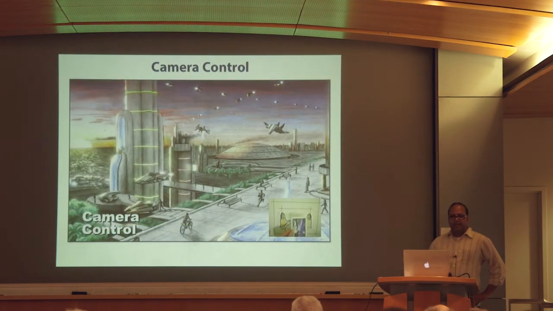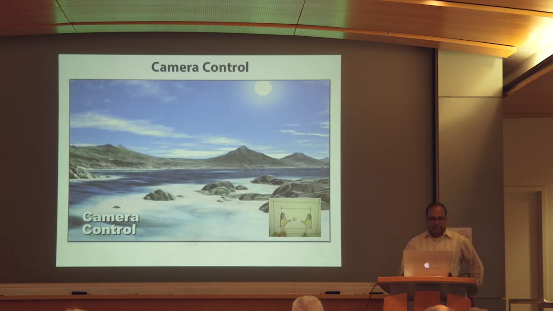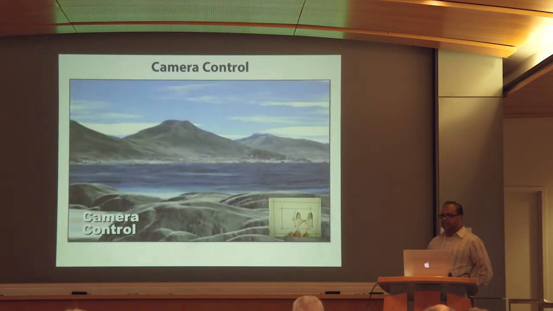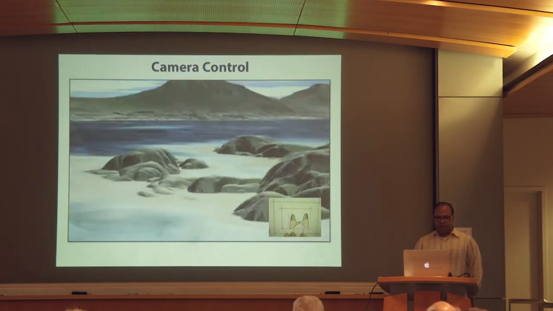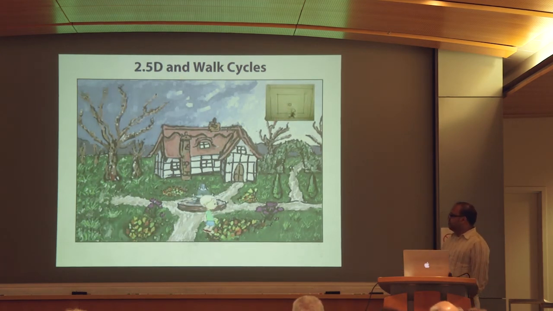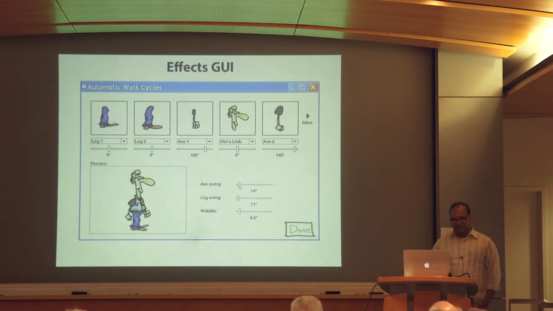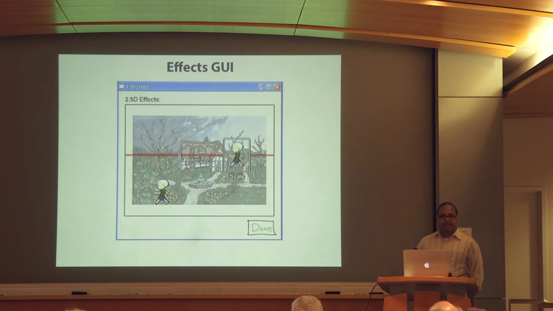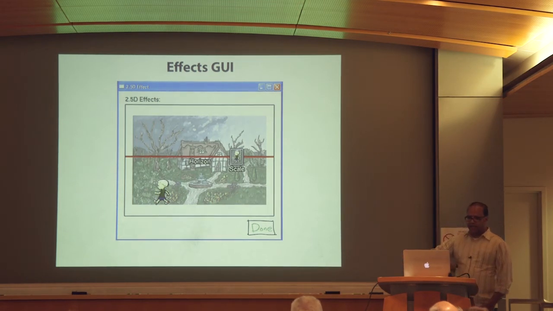Okay, we can change the backgrounds by showing a different picture to the system, and we can pan and zoom the camera by moving the hands, as you see here. We can also introduce layered 2.5D environments and walk cycles for the characters. So here, again, we have to add more interface. So here, you can specify the swing rates for the arms and legs. And for 2.5D, we have to specify a horizon line, and that sets up a ground plane for us. And we can also scale the character as he moves upwards in the image plane to give this perspective effect.